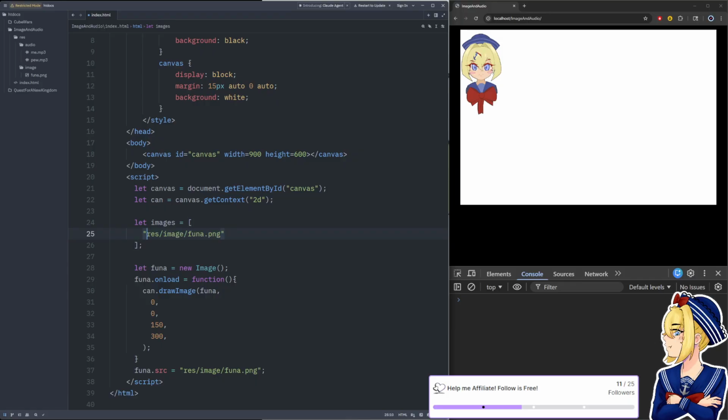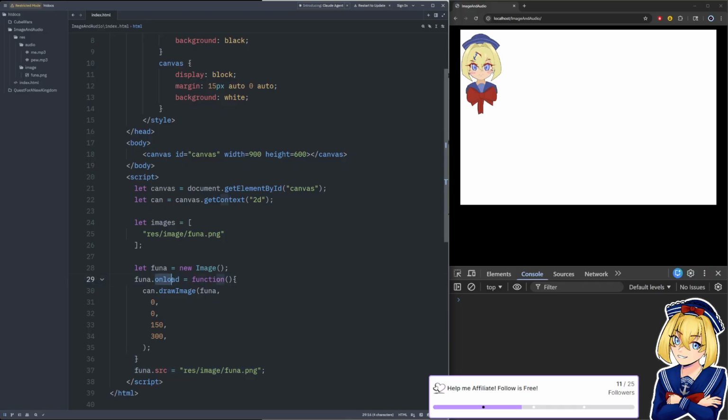I want to know when we can load these. Basically, I would loop through these, make a new image, add this onload function, then set the new image to that source.